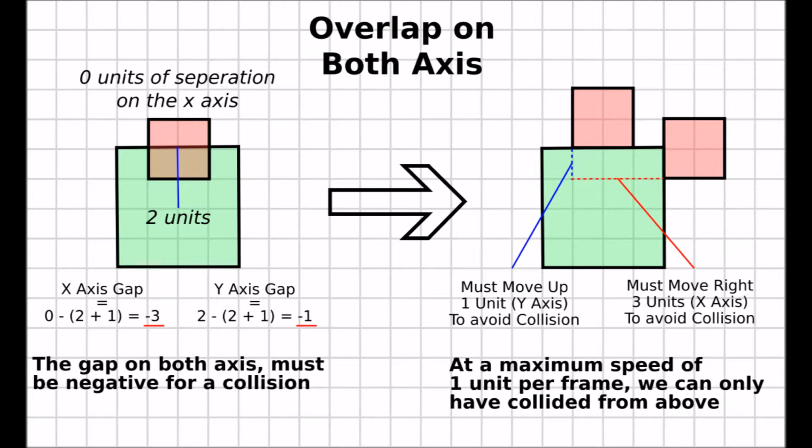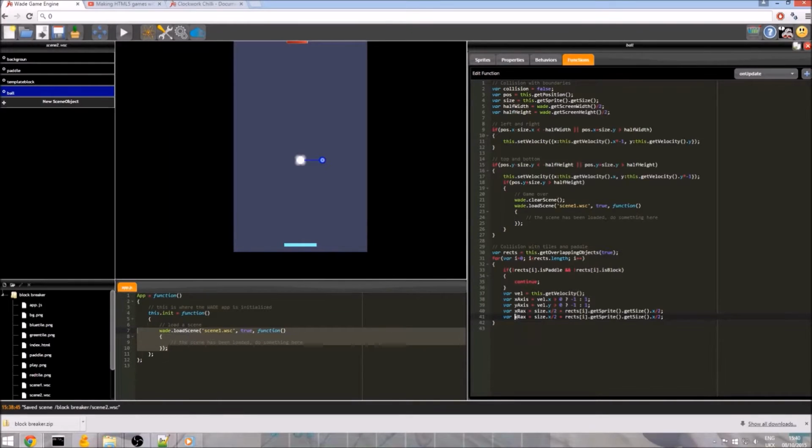So I'm just going to go ahead and copy and paste this, but we're going to change the values. We're going to change this to y, and also I've called this rax. I meant to call it rad for radius, which is not technically the correct term, but it's close. And we need to change size.x to size.y and size.x to size.y.